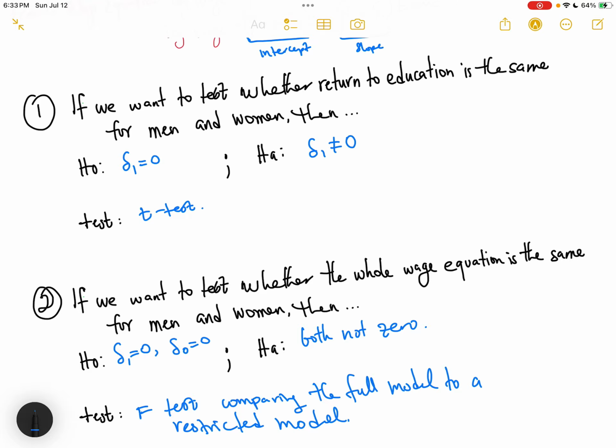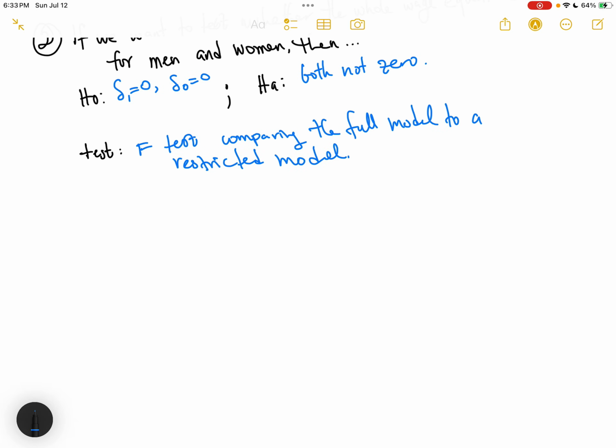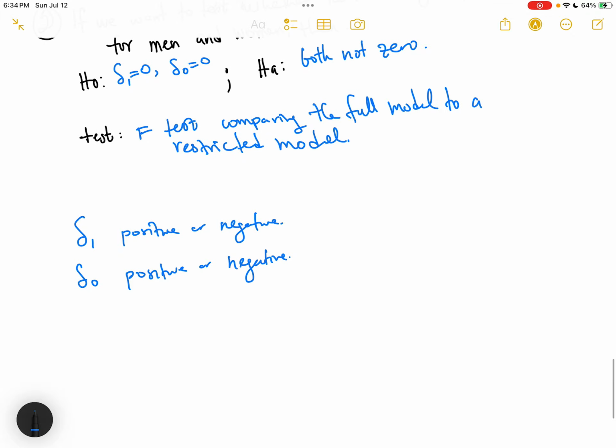Now, can we visualize all of this in a graph? Yes, we can. I am going to leave that part for us to work on, but for those on the YouTube streets, what I mean is that delta 1 can be positive or negative, and delta 0 can also be positive or negative. That gives us a combination. When you combine these two, it gives us about 4 cases. And so what are those 4 cases? The 4 cases here are: